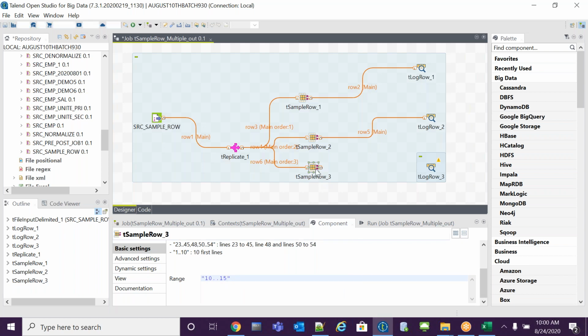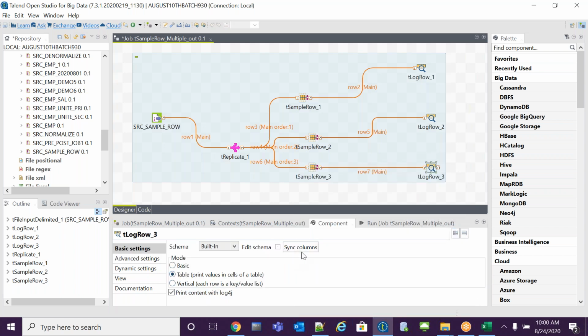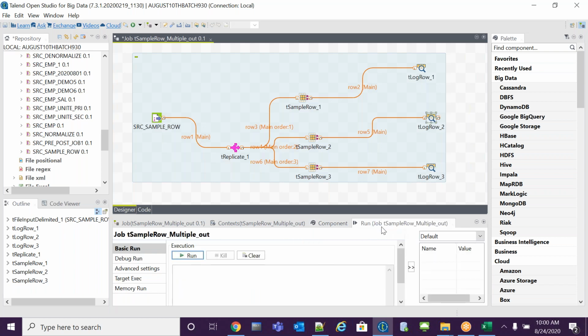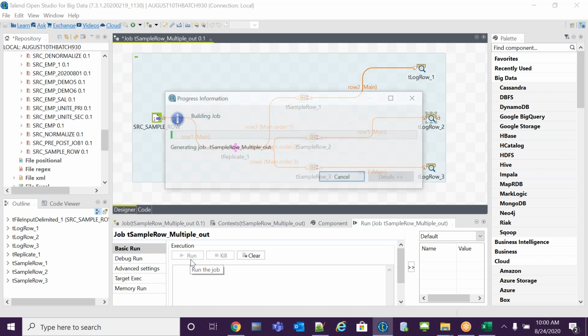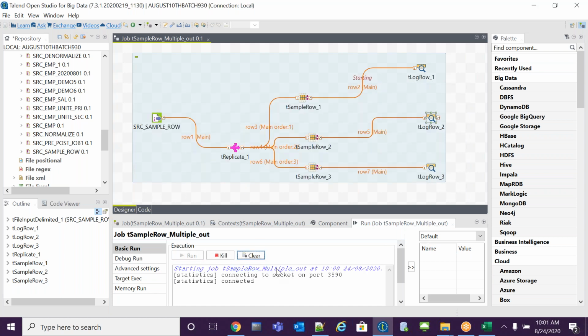Give the link, make it as a table, and sync the columns. Let me run it. There is a Run tab. Click on the Run button, and it will save the job and run it automatically.